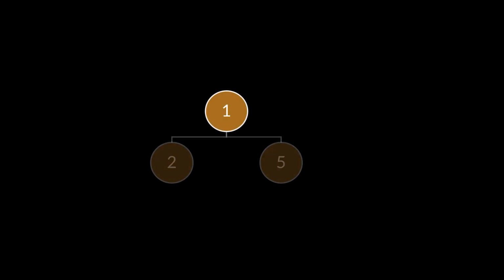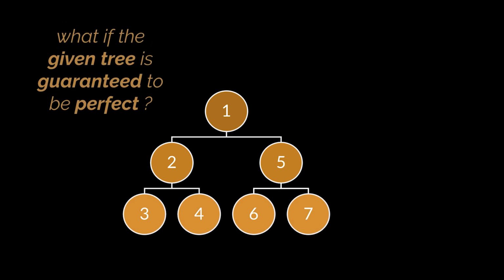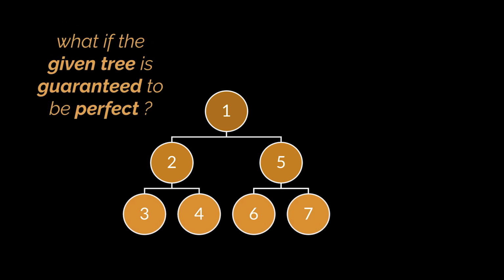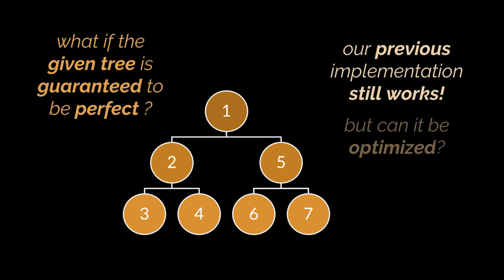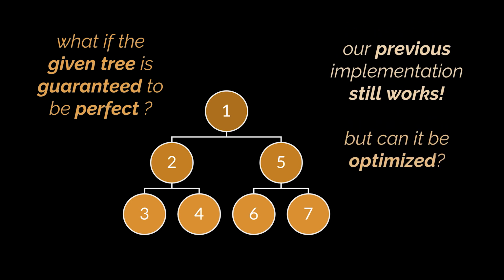Okay, the last modification that can be done by the interviewer to this problem is guarantee that the tree you will be given will always be a perfect tree. As a reminder, a perfect tree is a tree where all leaves are on the same level and every parent has 2 children. You see, the implementation we just wrote works even if the tree is perfect, so this new problem is already solved. But how can we make use of this information to further optimize our solution?